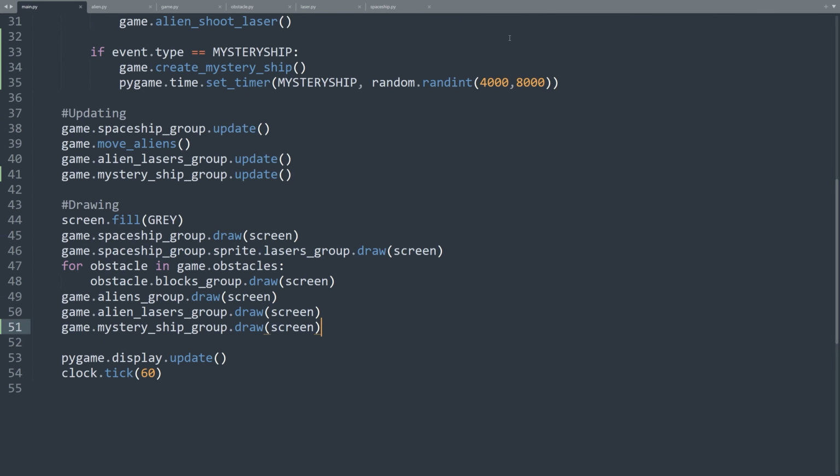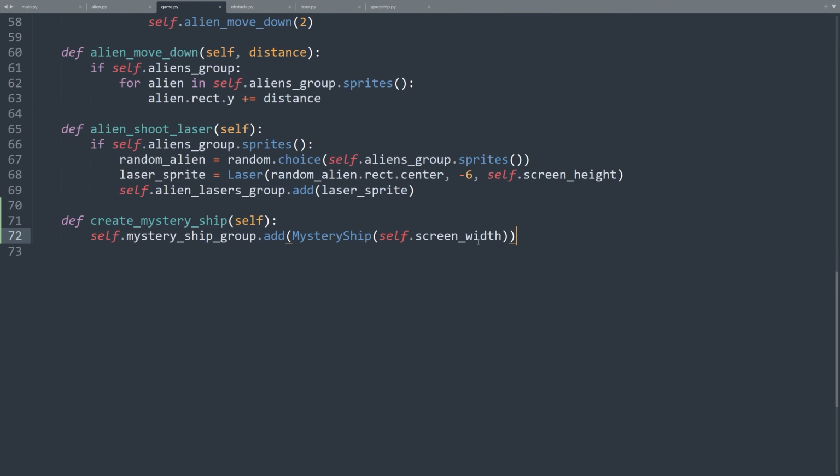Let's go to the game class and create a new method that we are going to call check_for_collisions. def check_for_collisions(self): First, let's check if any of the spaceship lasers fired collide with any of the alien sprites. As we said, the first argument of the spritecollide function is a sprite, so we need to get the spaceship laser sprites.